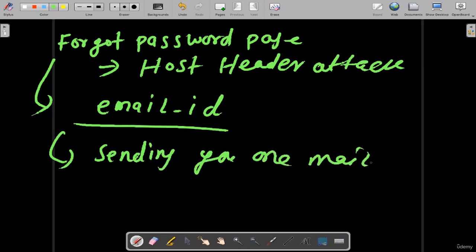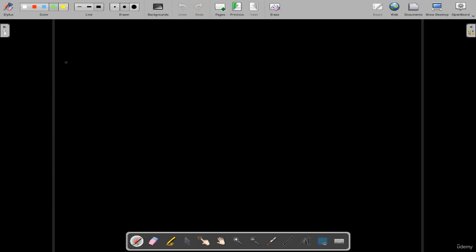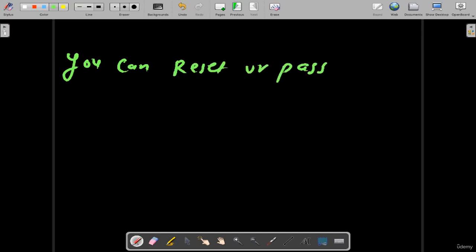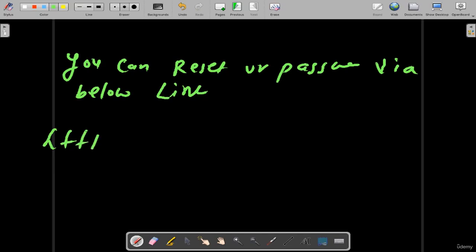The email content is something like this: a message and the link, not only the link. Like, you can reset your password via the below link, or by clicking the below link, or something like this. Yes, you may receive a mail like this. Then you will receive an email link which looks like http://